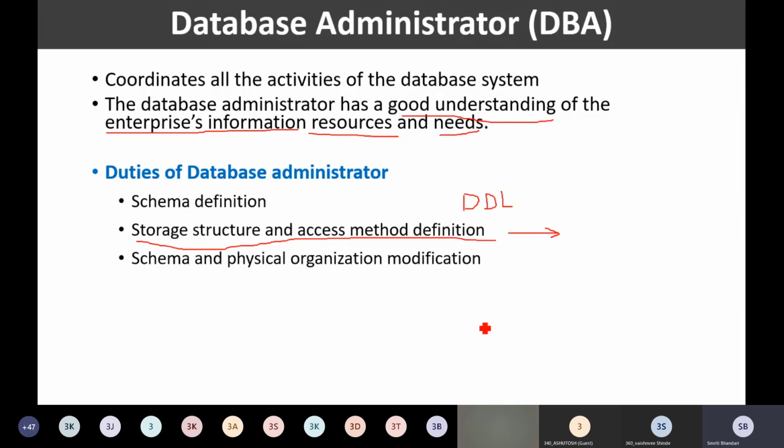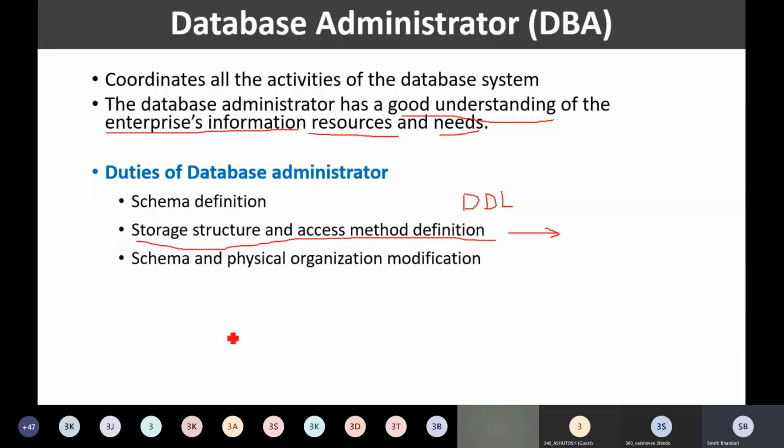The next task is the schema and physical organization modification. So what we mean by that, once again, is to improve the performance of the database. See, many times what happens is, as the time passes, there would be a possibility that due to the volume of data that is being stored in the database, sometimes my database performance gets degraded.